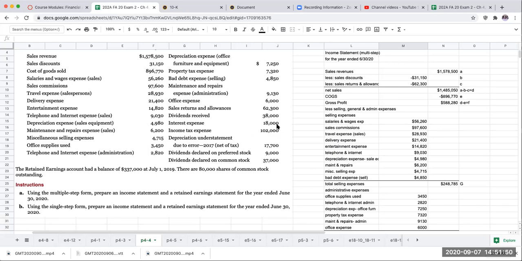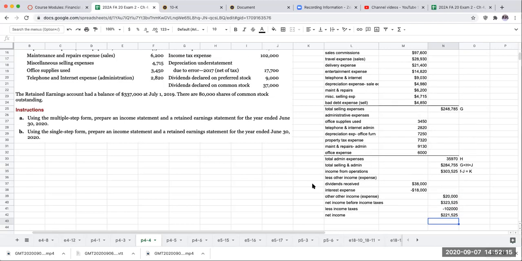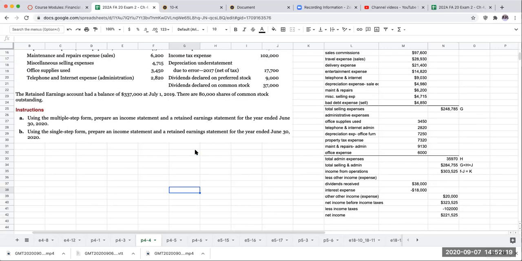My income tax expense is $102,000. So my net income is going to be $221,525. So for my earnings per share, remember that it's going to be